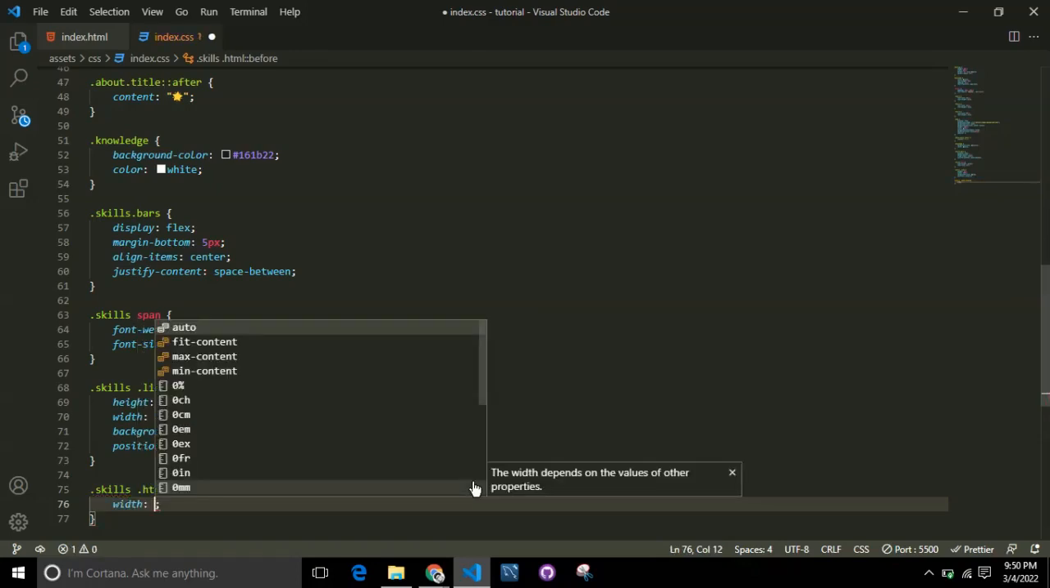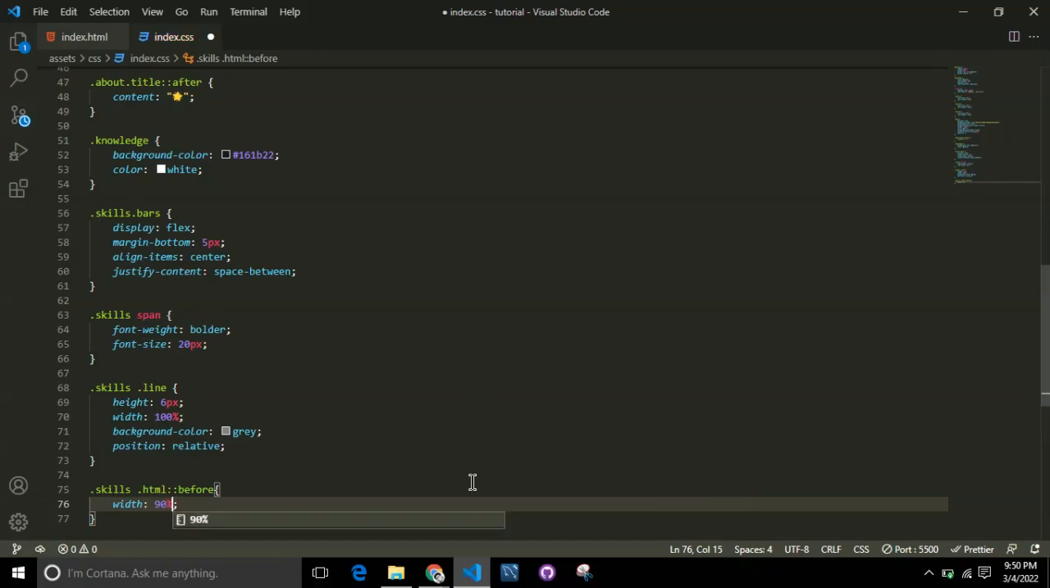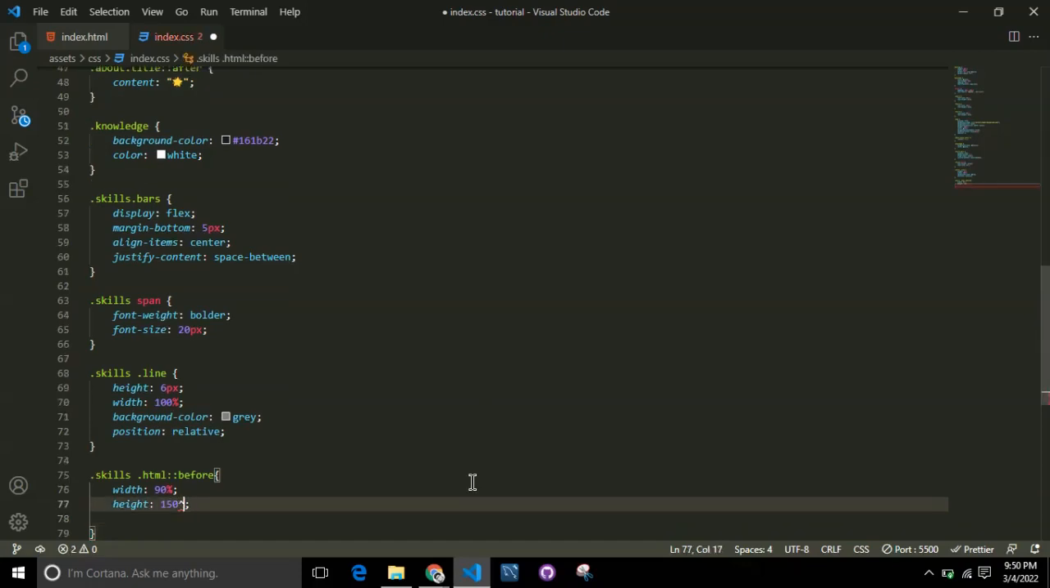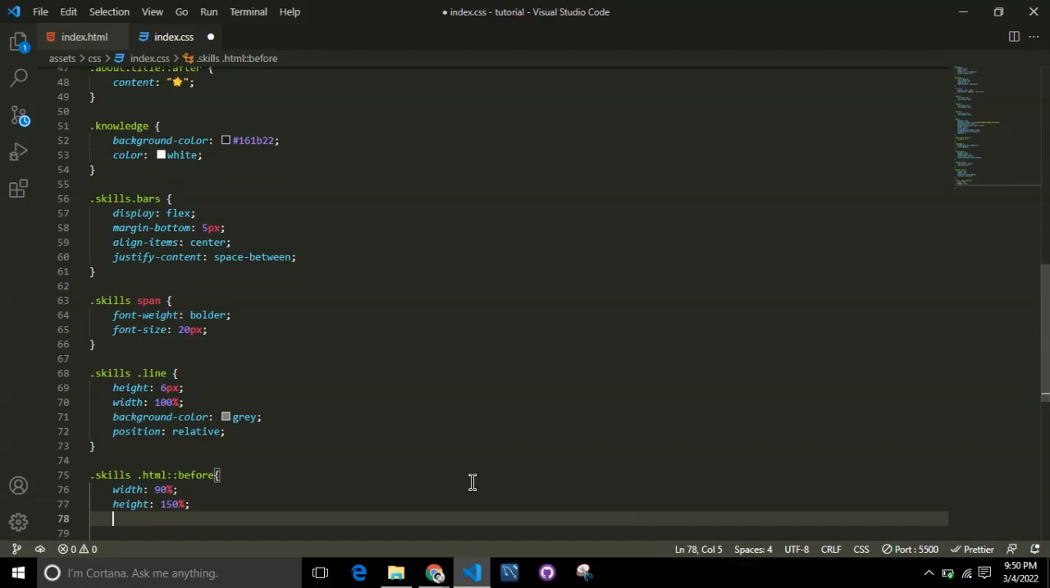So in that case, you have to use the before tag, and the after syntax is basically used in CSS to append anything after the section. So in this way, before and after are used. So for the skills.line, I've given a height of 6 pixels, width 100%, and background color gray, and